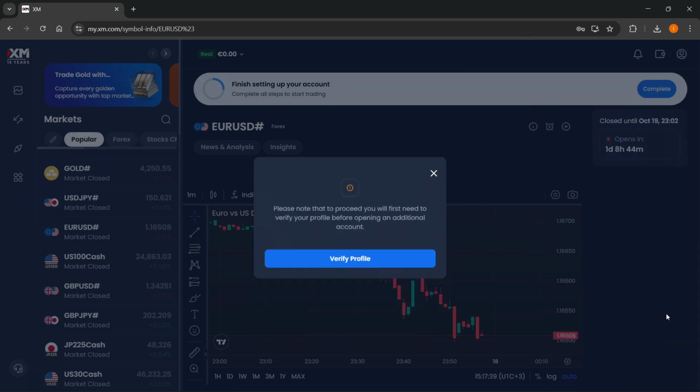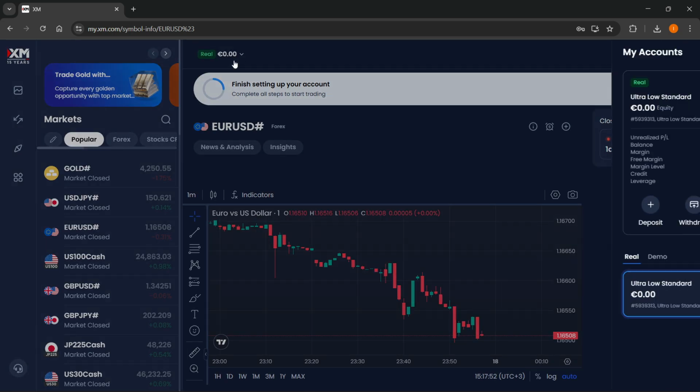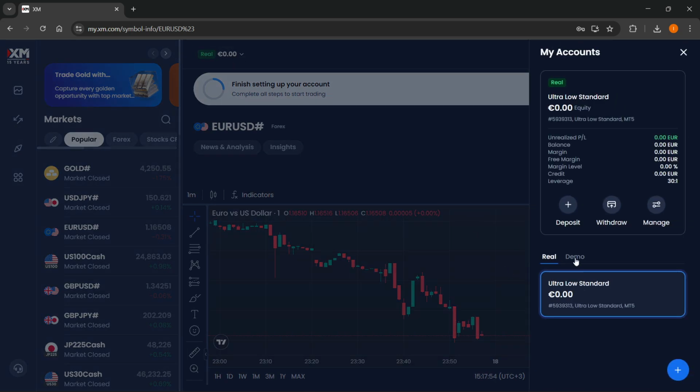Real again. So for me, as you can see, I don't have my account verified just yet, so it will not let me open an additional account. So if that happens to you as well, make sure you actually verify your profile before you can open up an additional account. But if you do have, you can of course just open it, or if you want to